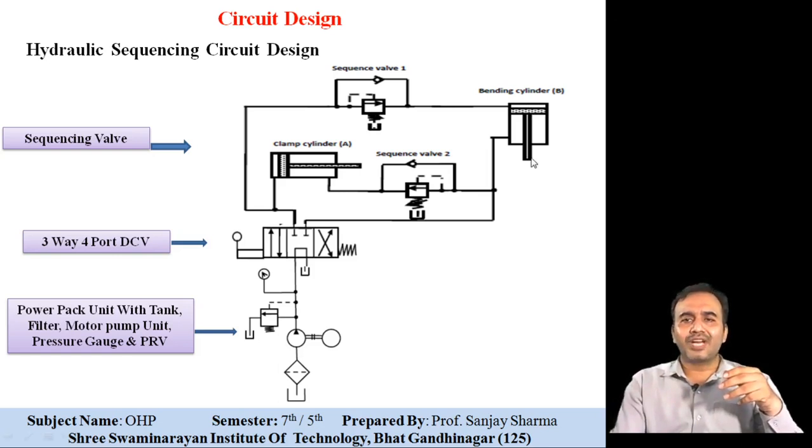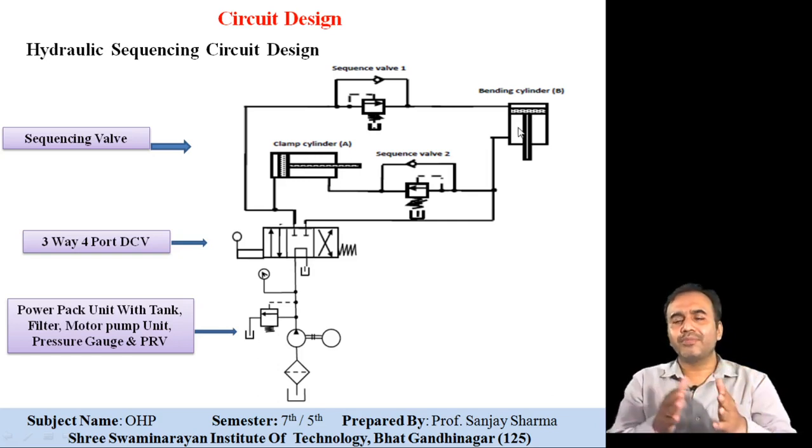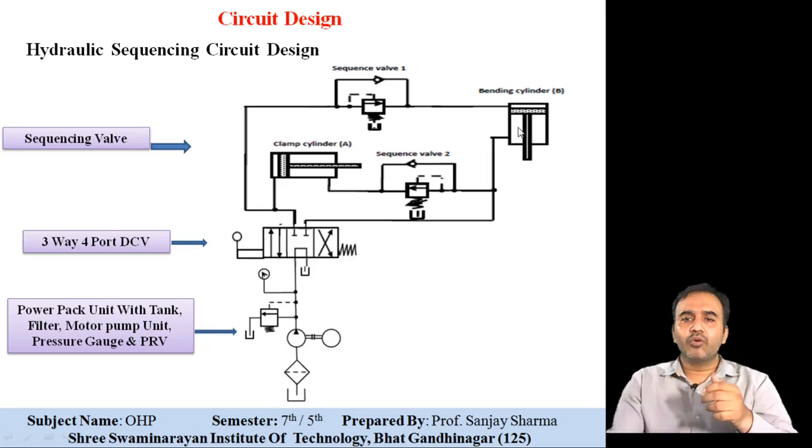So this will extract. Now when it reaches the maximum position, what will happen? This is also saturated: cylinder 1, and cylinder 2 also has reached its maximum limit. Now we have to change the position. When we change the position, the cross flow takes place here. Not the middle one, but the third position. What will happen? The flow will start through this.